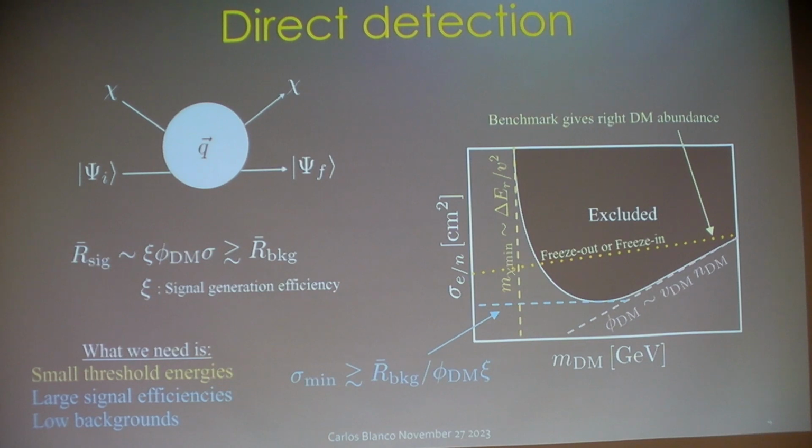So a lot of the plots that I'll be talking about today look like this cartoon, where you have the dark matter mass on the x-axis, and then you have some coupling to the standard model. The exclusion, the sensitivity of a particular detector setup, is what would be in this black shaded region. There are a couple of features in these plots generally. There's a minimum dark matter mass that you're sensitive to, and this is what you're asking about, and that's really just set by the threshold energy necessary to drive a transition.